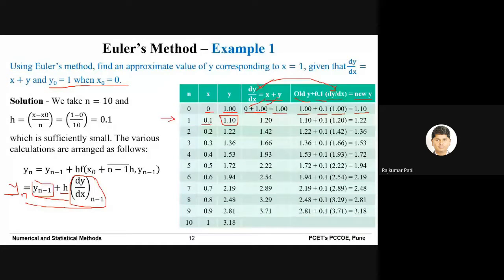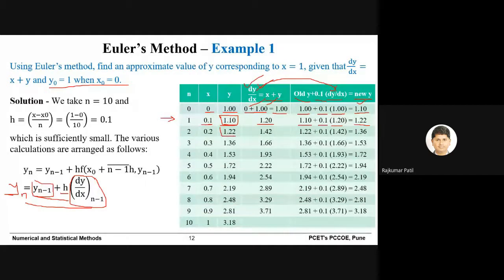you can see x is 0.1, y is 1.1, which we estimated previously. Then x plus y, that is 0.1 plus 1.1, you will get 1.2 as dy by dx. Then put all these values in column number 5, and you can see old y is 1.1, h is 0.1, dy by dx is 1.2, and you will get the answer as 1.22. This will be your new value of y.